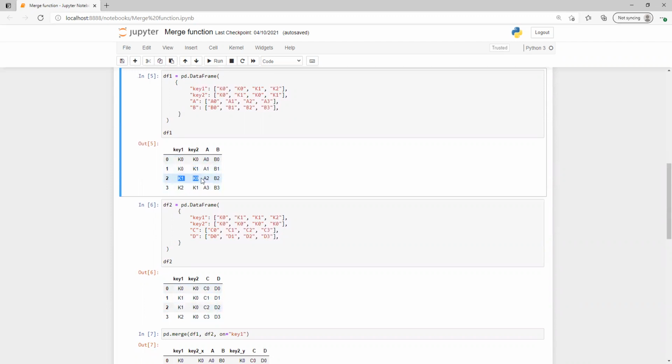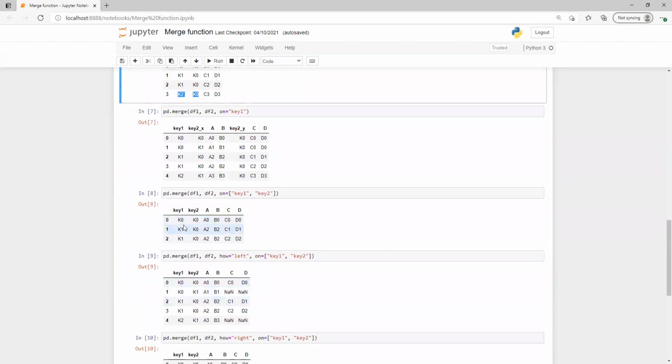Now K1 and K0 is there, so K1 and K0 here, and K1 and K0 here as well. So we got 2 rows now, and one already, 3 in total. And K2, K1 is not there, so that will also not come in, based on key1 and key2. That's why we are getting 3 rows.